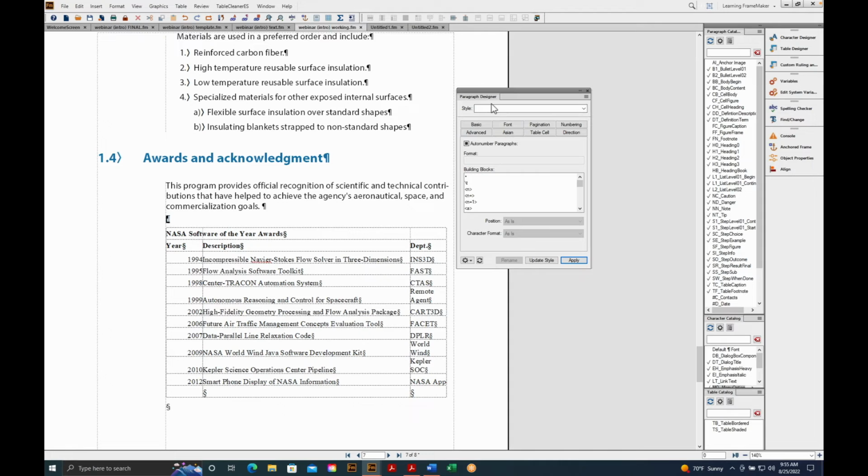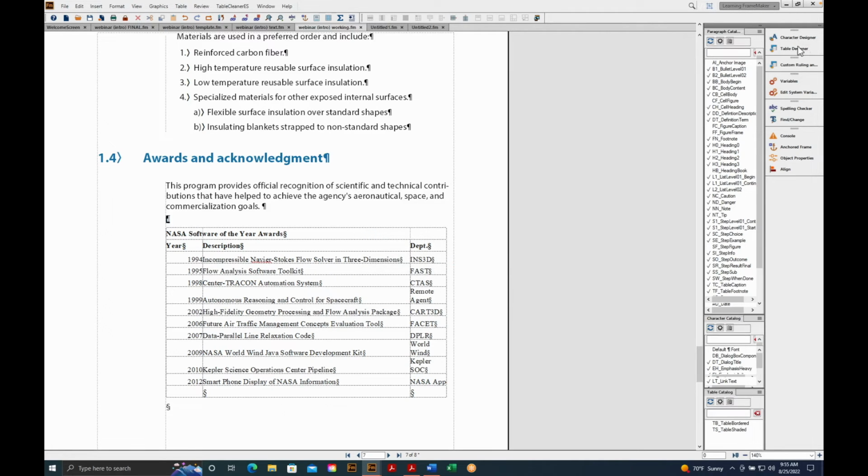Now, my paragraph designer, I don't need anymore. I'm going to go ahead and just reset my workspace, and that's going to put it back for me to the top of the group over here. So you can watch it appear where I'm pointing. There you go. Okay, so now I can focus on my table. All right, I'm going to click on my table,